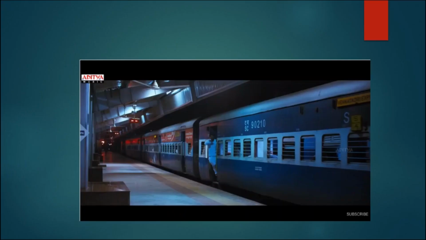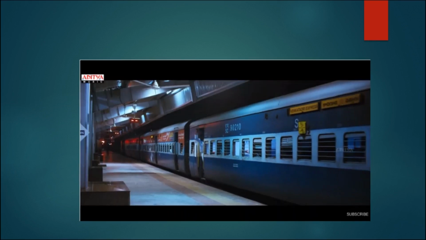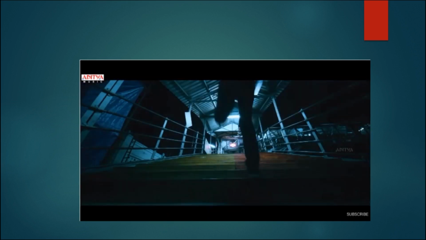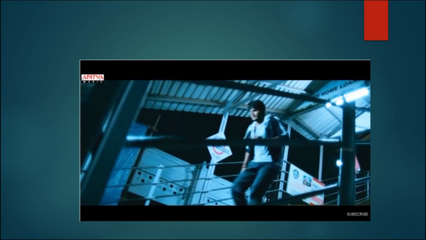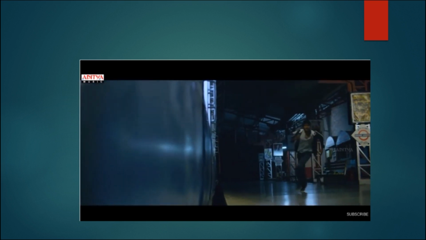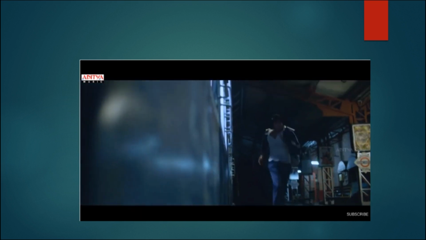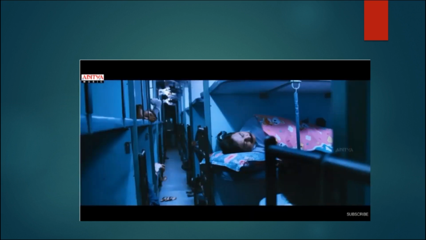Good. Look at this. Can you guess the picture? Yes, you are right. Definitely you can guess this picture. It's a very funny and a comedy picture. Hilarious. Look, he's running. Why is he running? To catch the train? Did he catch? I don't think so. Yes, right. So he entered the station. He tried to catch the train, but he missed it.